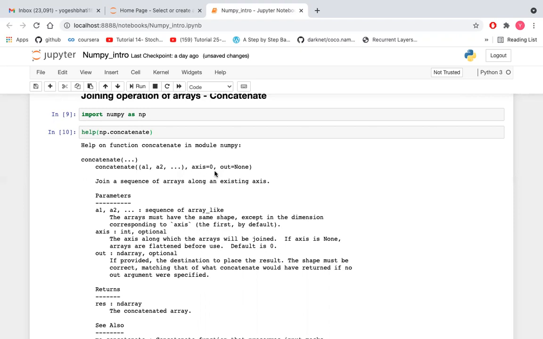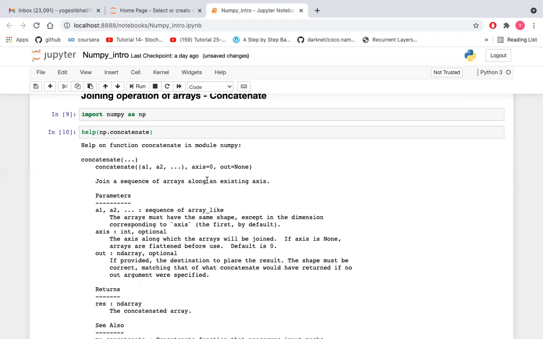And axis equal to 0, as I already discussed in my previous video, defines how the concatenate operation will happen. If you want to concatenate two or multiple arrays row wise, we have to put axis equal to 0.